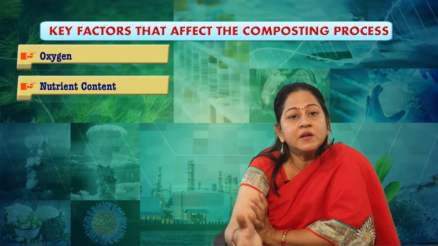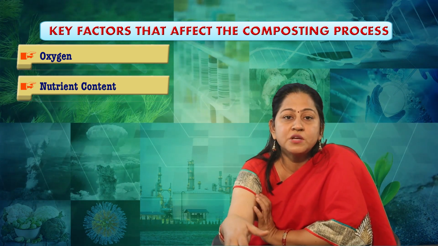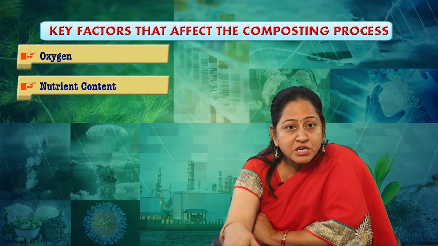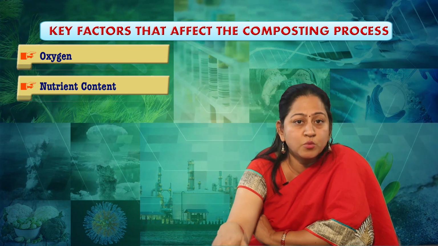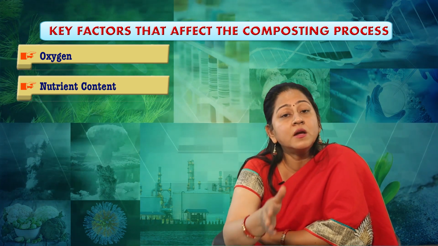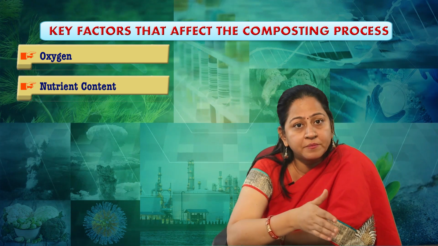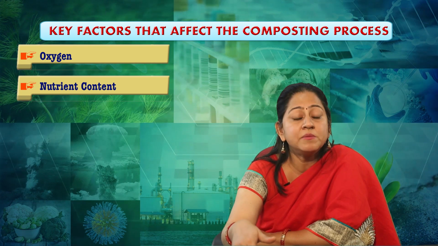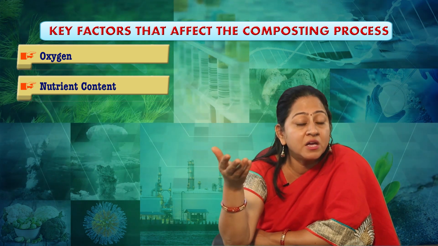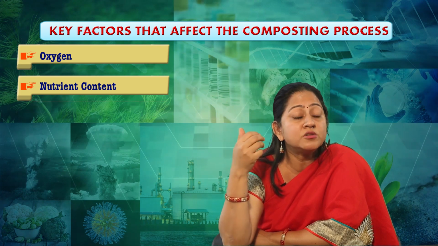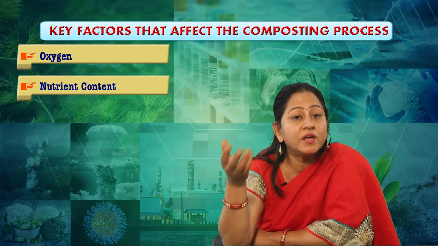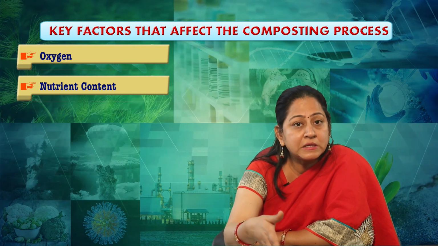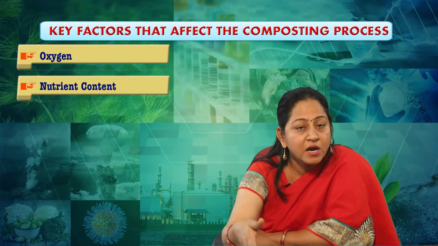See, basically carbon and nitrogen are the main nutrients which are present and being considered. The approximate ratio of carbon and nitrogen is 30:1 at the time when the composting process has begun. Now, the presence of carbon and nitrogen is very much essential, because the microorganisms which are working also need some nutrients, some food to grow and to do their functions. So, carbon and nitrogen has to be approximately 30:1, meaning 30 carbon and 1 nitrogen,